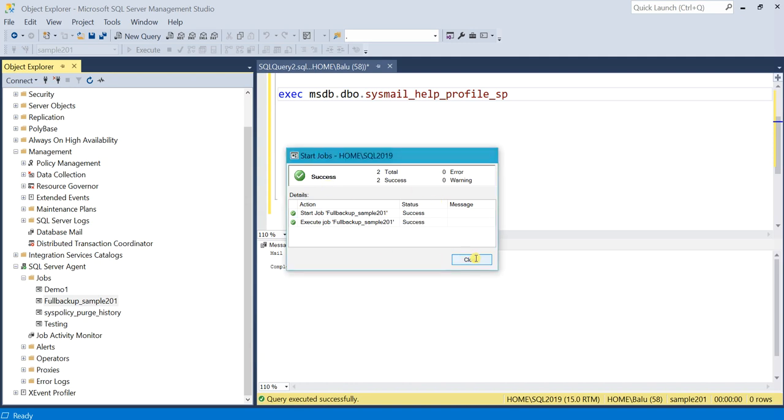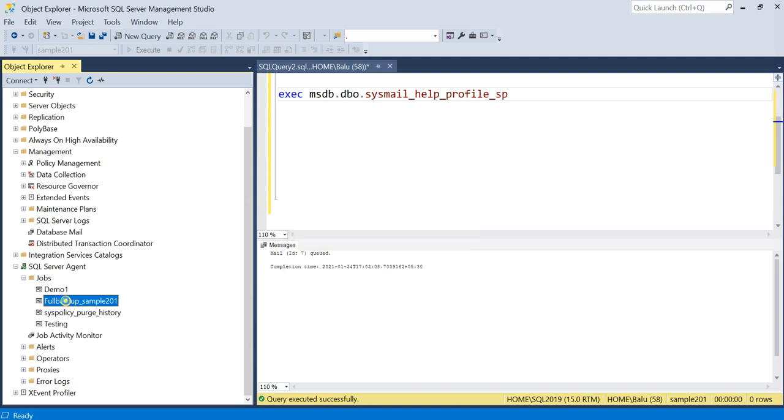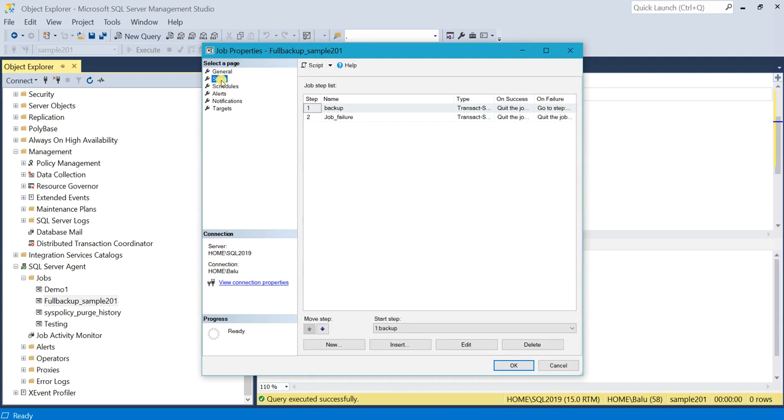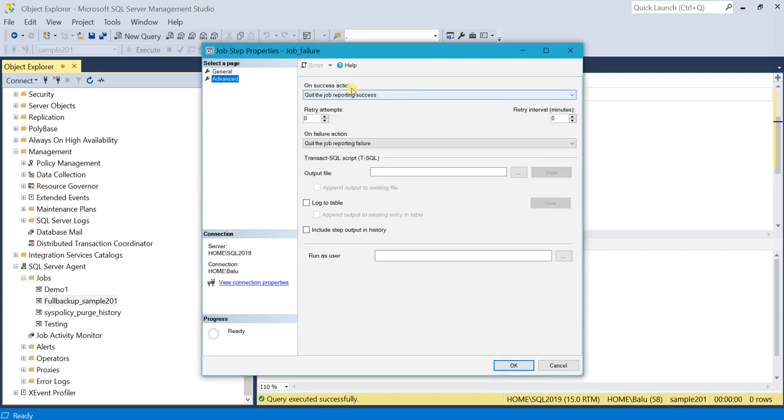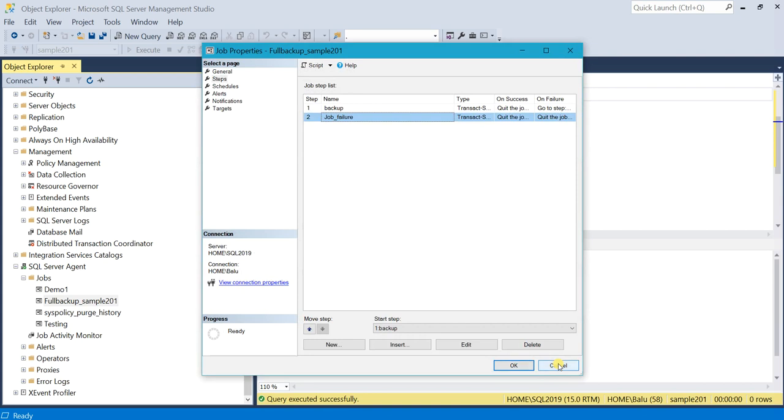So here you got a success message because you have mentioned in step 2 that you need to quit the job reporting success. You can see on success action, quit the job reporting success, but you can go to history and check.